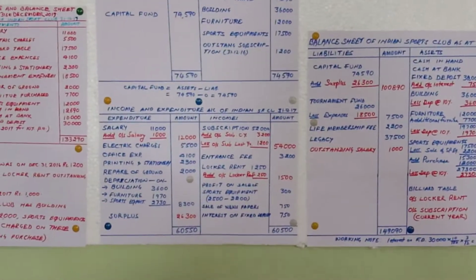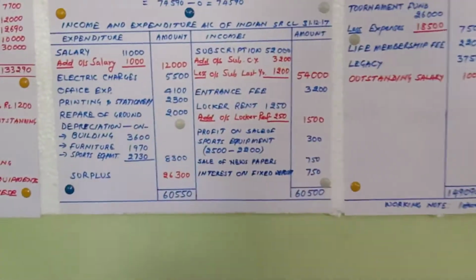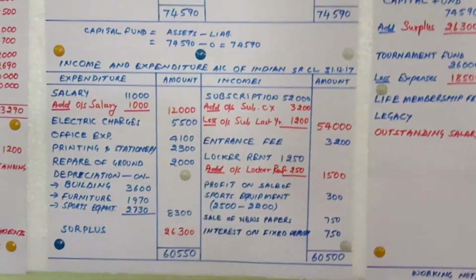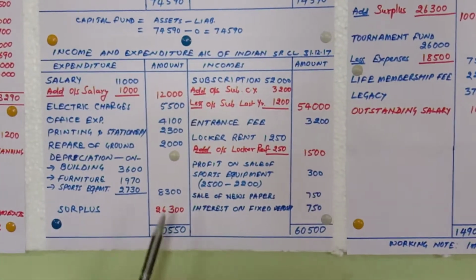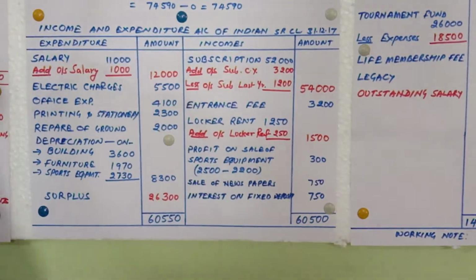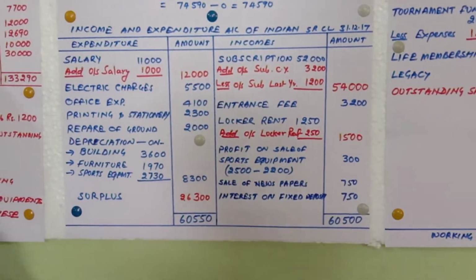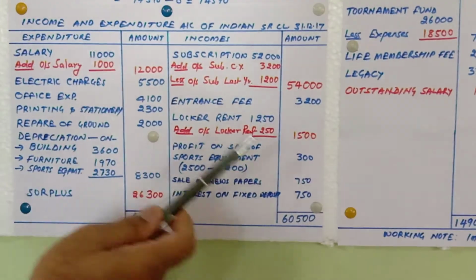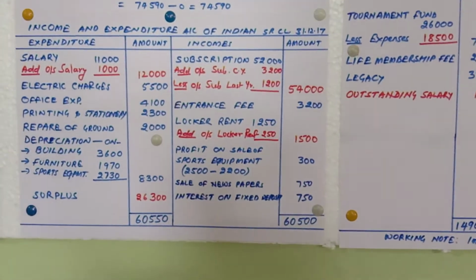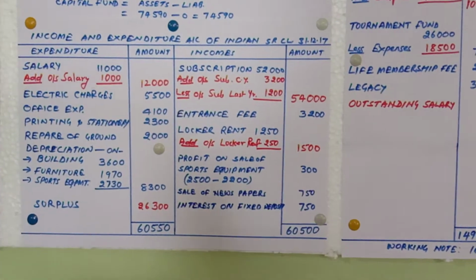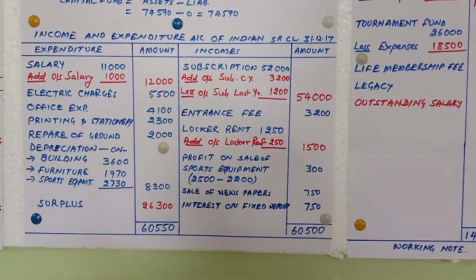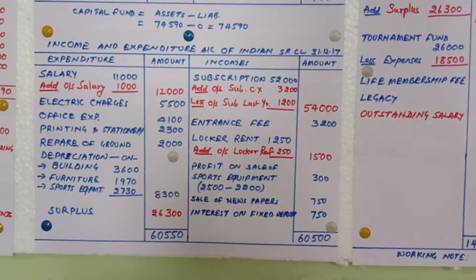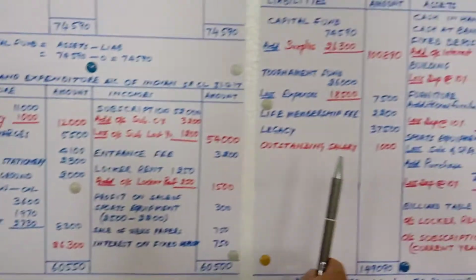Now let's see how income and expenditure are prepared. I would like to recall that income and expenditure will record only revenue items. So what I'm going to do is transfer from the receipts and payments account to the income and expenditure account and the balance sheet simultaneously, one by one each item, and later I am going to show you how the adjustments take place. But remember, revenue items should come to the income and expenditure account and capital items should come to the balance sheet.